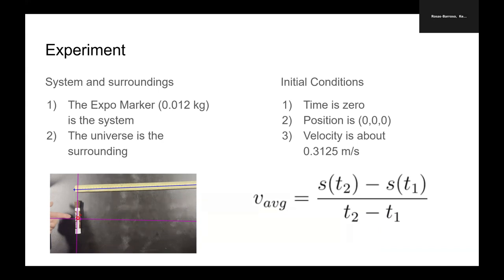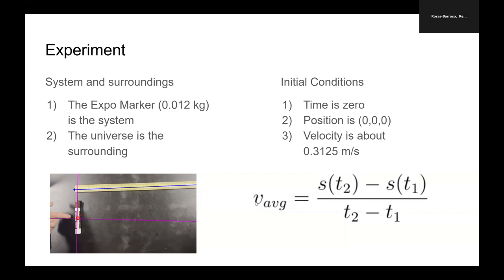We calibrated the distance first by using a meter stick within our video. The system we said was the Expo marker, and the universe around it is the table on which it is rolling. We said that the position vector for the Expo marker started at position 0, 0, 0, and we later calculated the speed by taking the position and time at two different instances and finding the average among them using